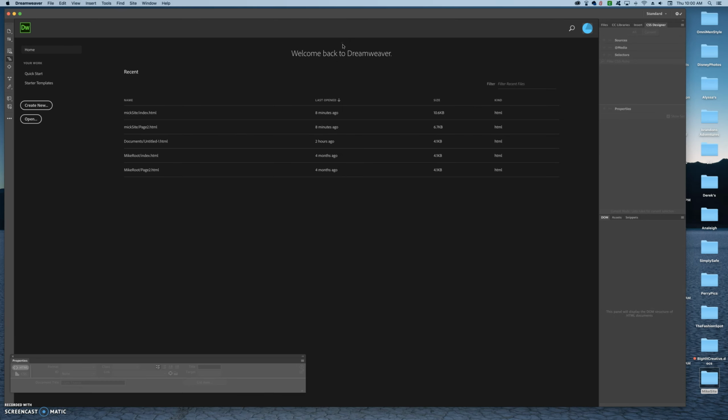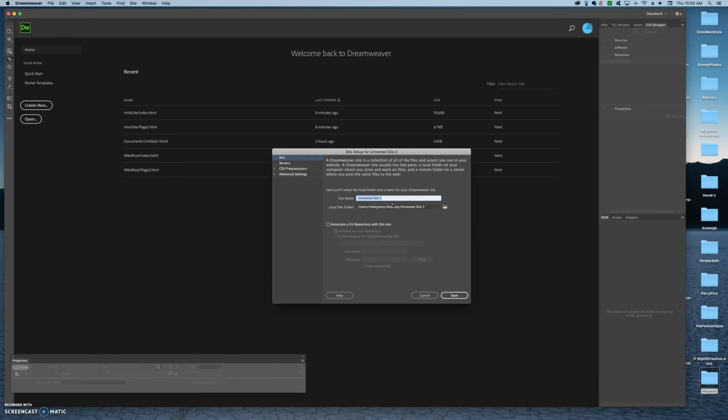Okay. Second, you've got to create a new site and define that site. So at the top of your screen, I've done nothing else but open Dreamweaver. I'm going to go to the word Site, and I'm going to go to New Site, and then I get this panel, and I'm going to give it the site name. I could call it anything I want, really, because this doesn't get published, but I'm going to go ahead and just repeat the name of my folder. So I'm going to put Mike Site,